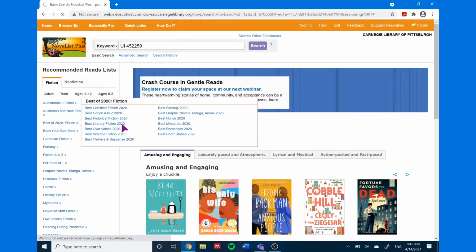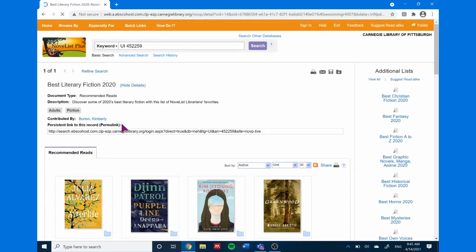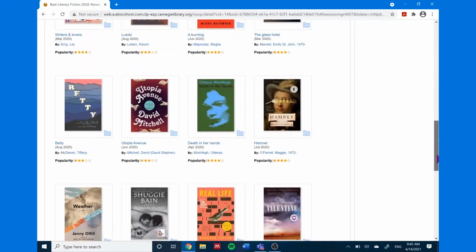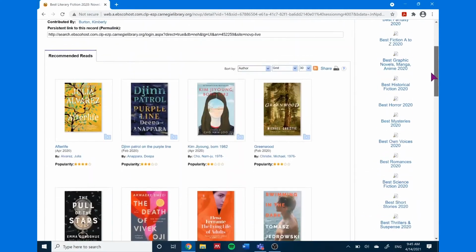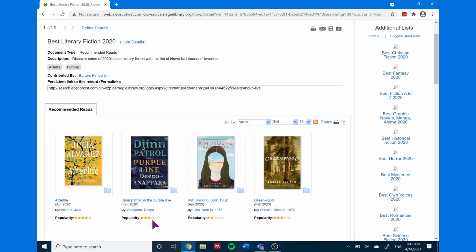We'll give that a minute to load. And here we go. You'll see there's another recommended reads box down here towards the center of the page. And if you scroll down, you'll see all the books that are in here. You can look at a book's popularity rating. You can click on the title or the author and see more information. So if we click on the author,